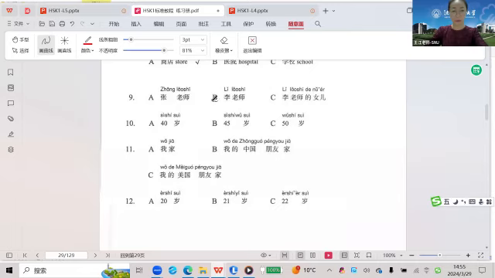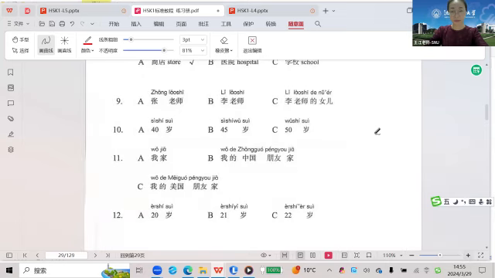9. 李老师的女儿今年4岁了。谁今年4岁了？10. 他是我的汉语老师，他今年45岁。我的汉语老师今年多大？